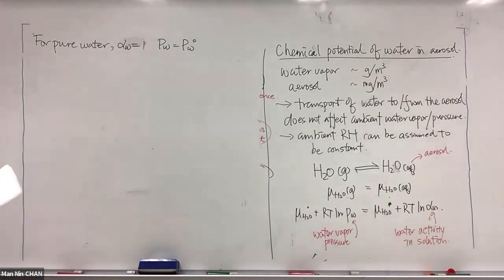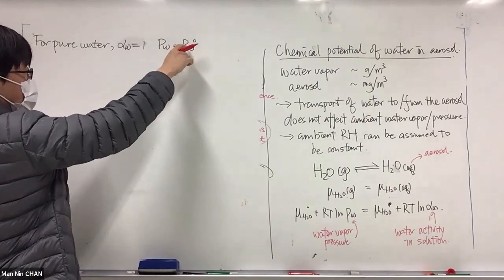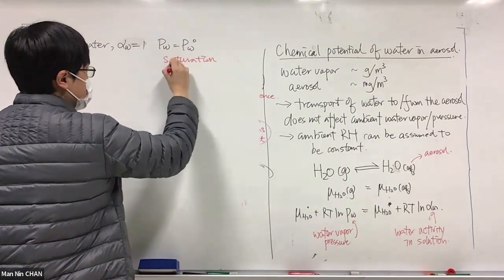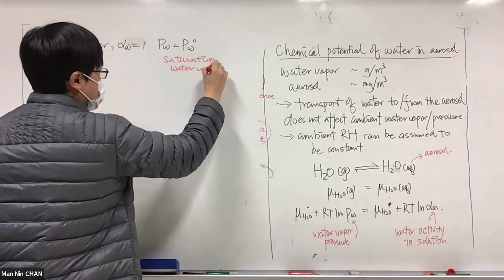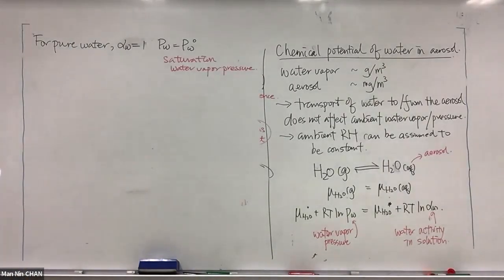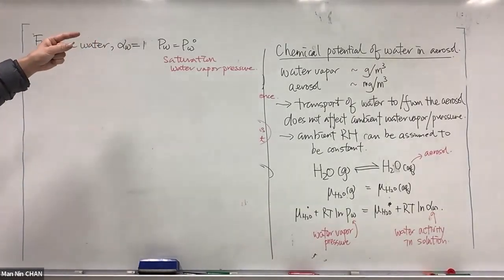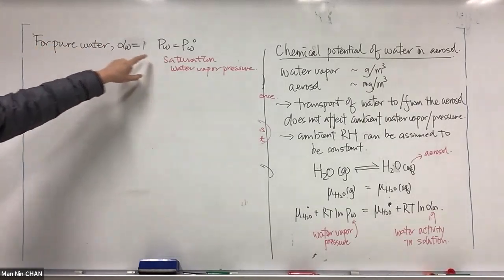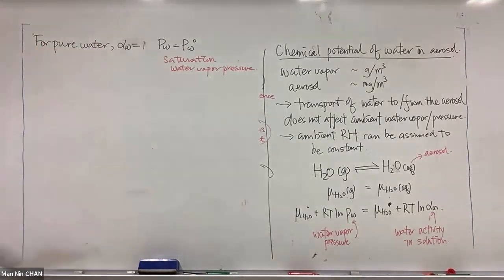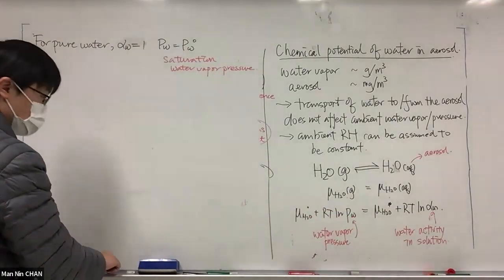water vapor pressure. So this P_w naught is the saturation water vapor pressure, because you are looking at pure water and you measure the water vapor pressure. With pure water, this would be just your saturation water vapor pressure, since you measure the pure water. And then if I substitute this into here, you will find that